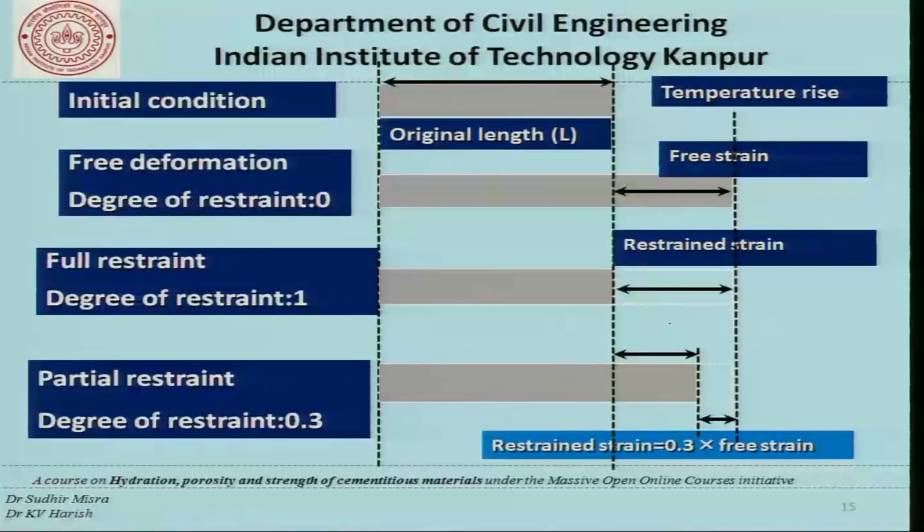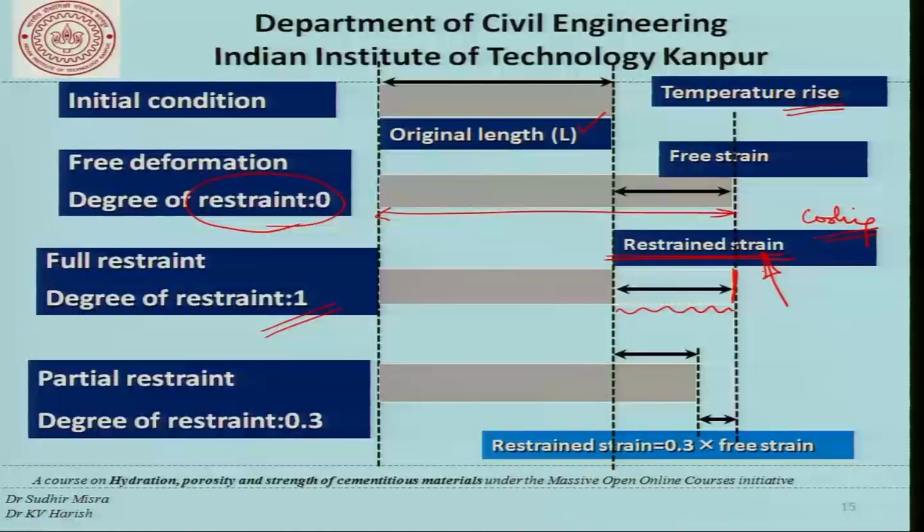To recapitulate this discussion, let us look at this picture. We had an original length like this. Because of the temperature rise, it expanded to this place with no restraint. That is what the glass plate was doing for us. If now at the time of cooling or during cooling or thereafter, if it is fully restrained, that is the degree of restraint is 1, then the concrete will be held right here, and all this will become the restrained